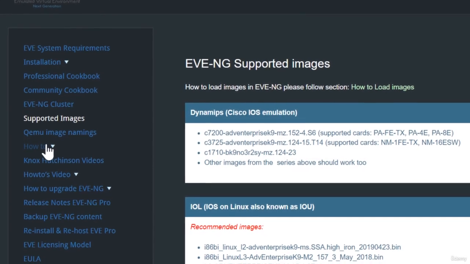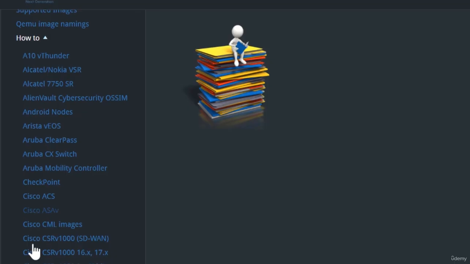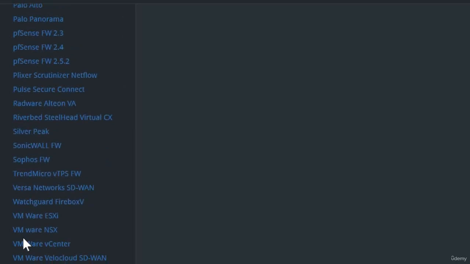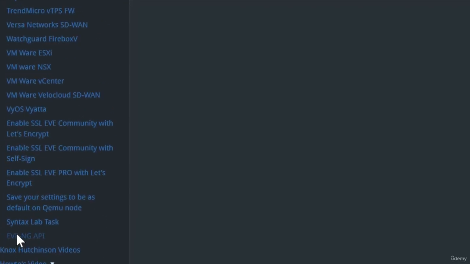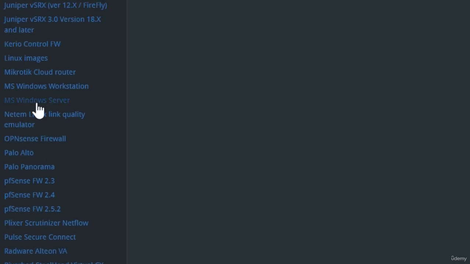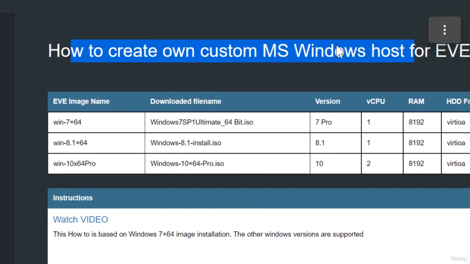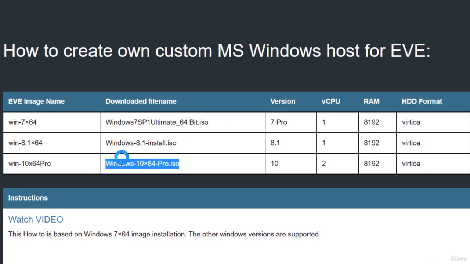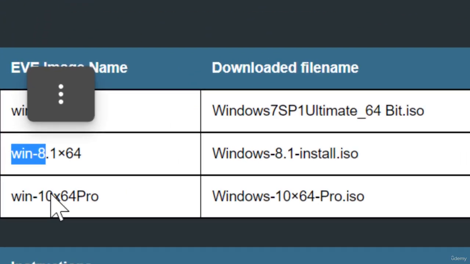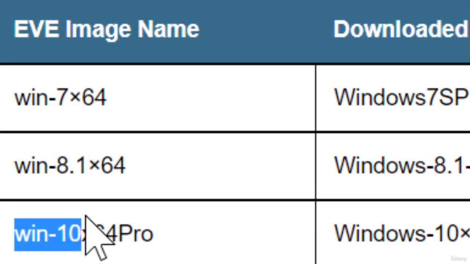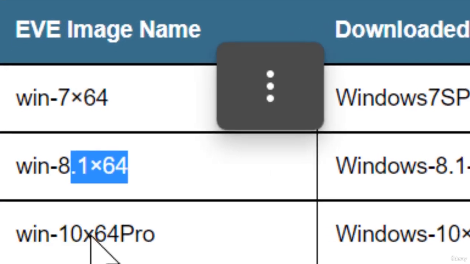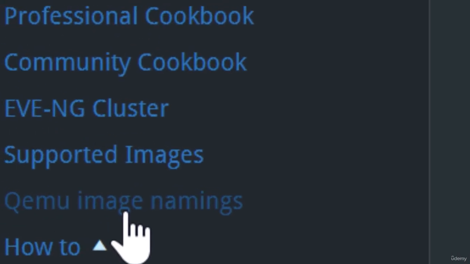So if I go to how to, you'll see there's a list of all these different vendors. So let's scroll down to Windows. Microsoft Windows Workstation. All right, so this is how you create your image. Here it's giving you some examples of the downloaded file names, right? But the point is that the EVE-NG name needs to follow this format: Win-7 or Win-8 or Win-10. The part that follows the number after the dash is arbitrary. If I click on the QEMU image namings,